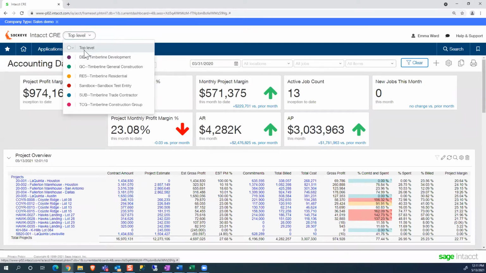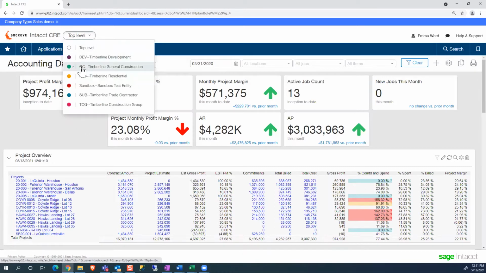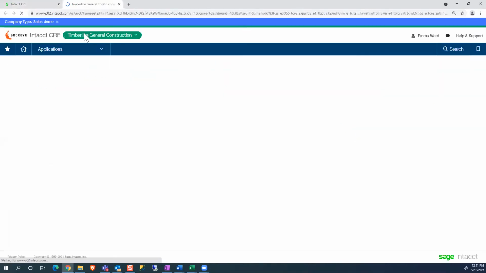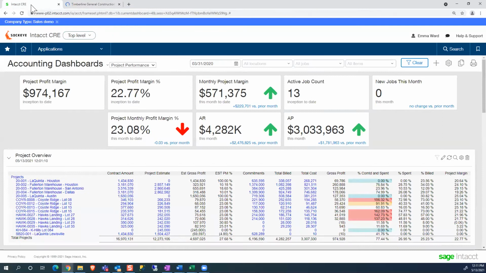We can enter transactions at the top level and then code the different lines of expenses or revenue of the transaction to a specific entity, and all the due to, due from accounts are hit appropriately to keep everything in balance. If I want to log into an individual company, I can just select that entity from the dropdown, and it opens up another tab with that specific entity. And I can always click back on the top level, my original tab, to see everything consolidated and be at that top level again.